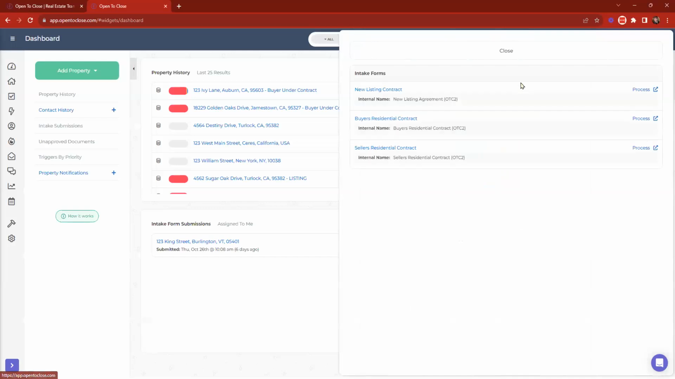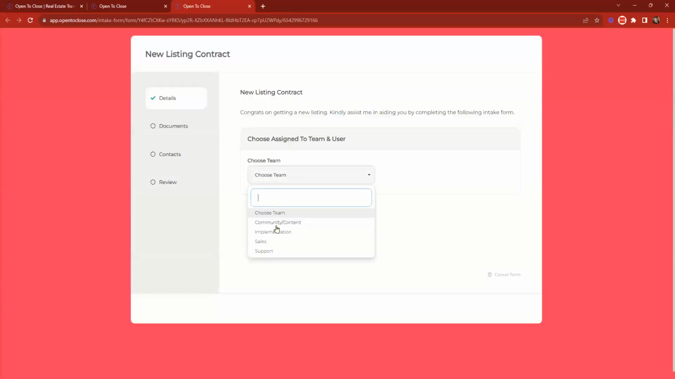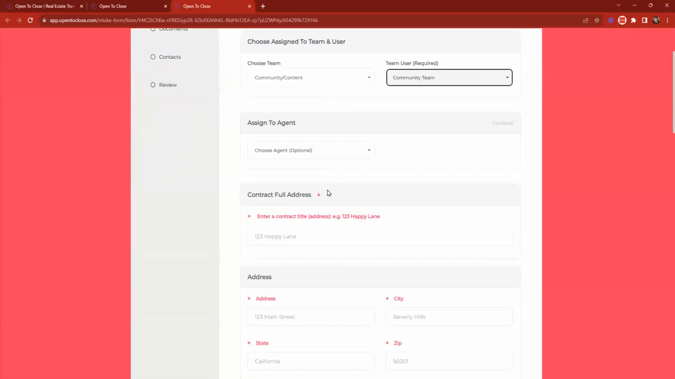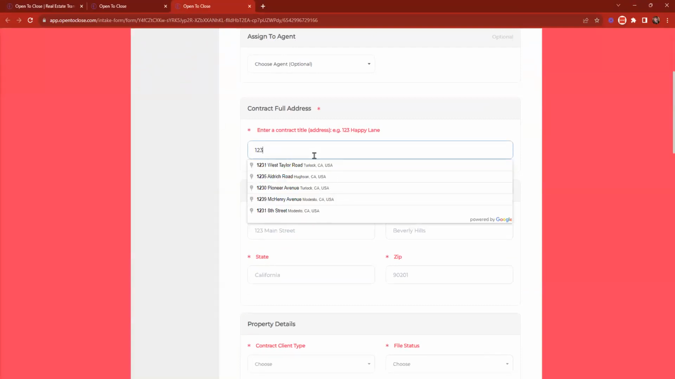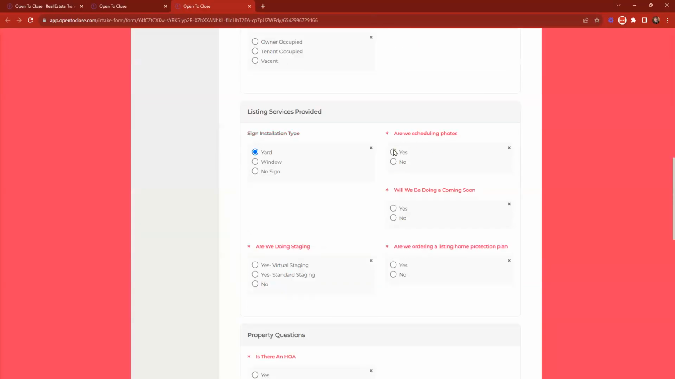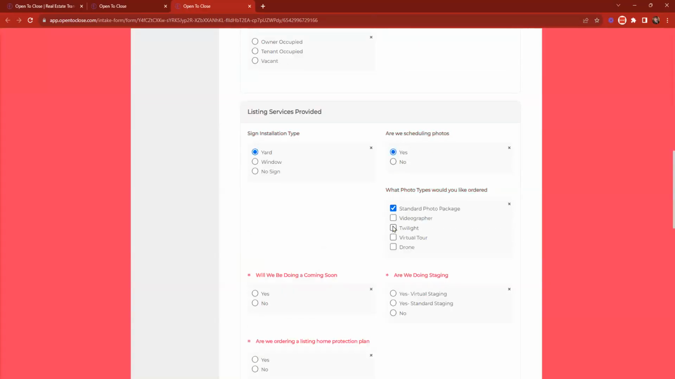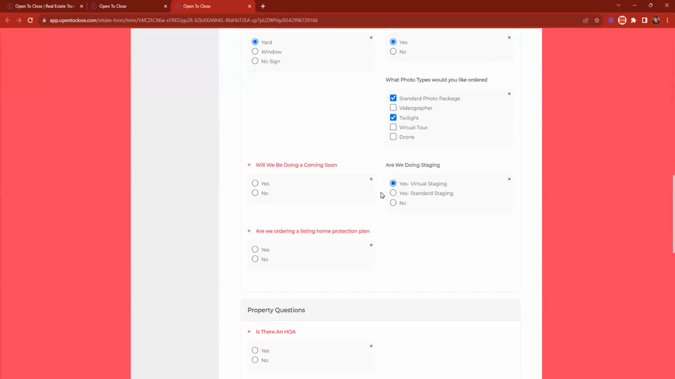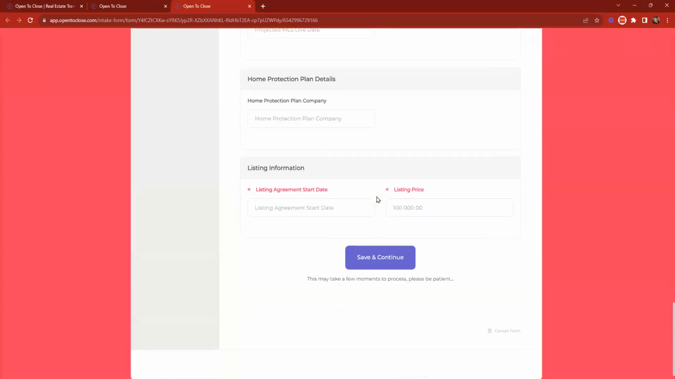Now, when it comes to our intake form, it's a little different, right? Because you might need to do some testing. You might need to check out some information, make sure things are populating correctly. I'm going to go ahead and click on new listing under contract. When I go to fill out this one, I can fill out these details. I can add on my address. I can check out my conditional statements, right? I can say yard, yes, select some options here, to make sure that my form conditions are looking good. As I'm going through this, if I get down to the bottom and I say save and continue,